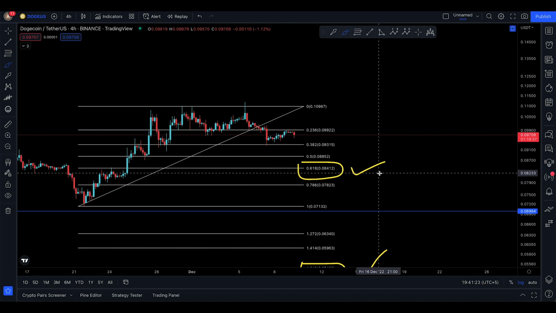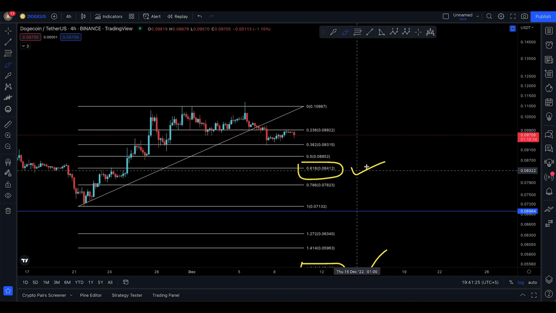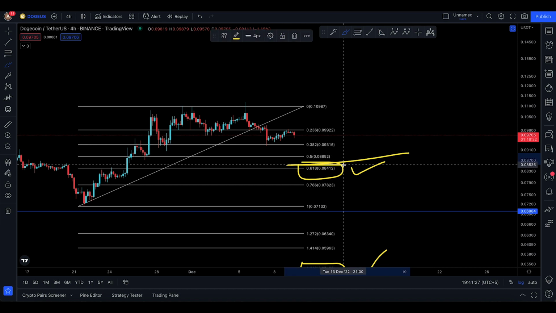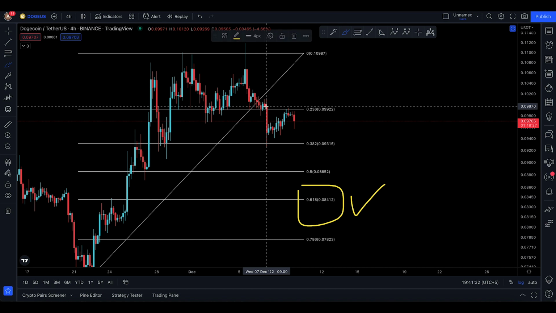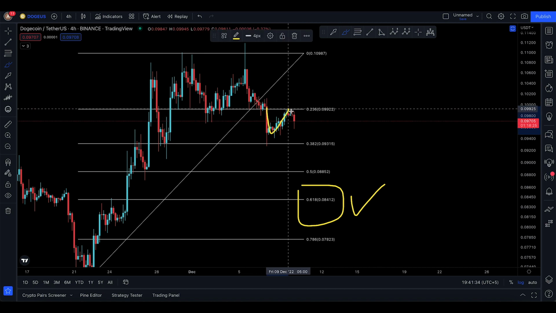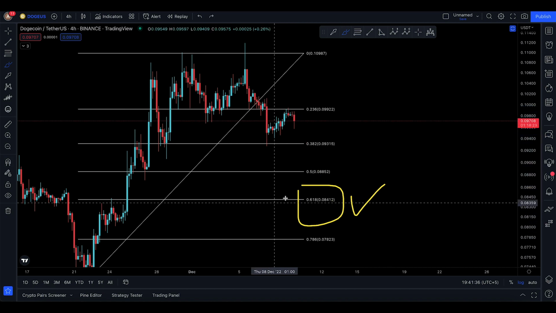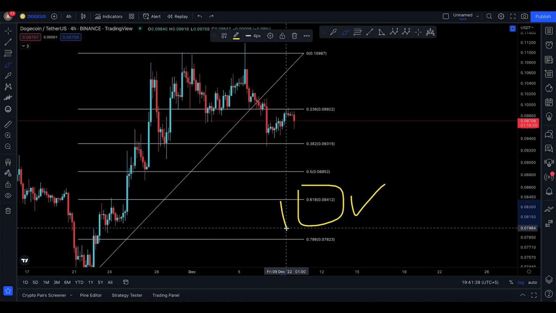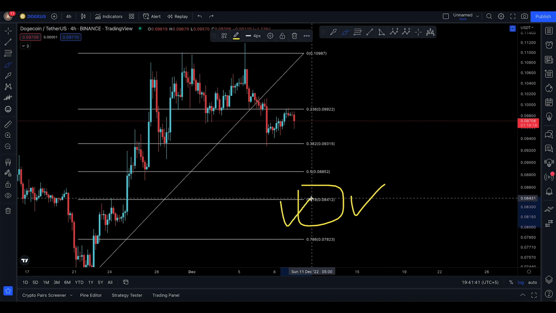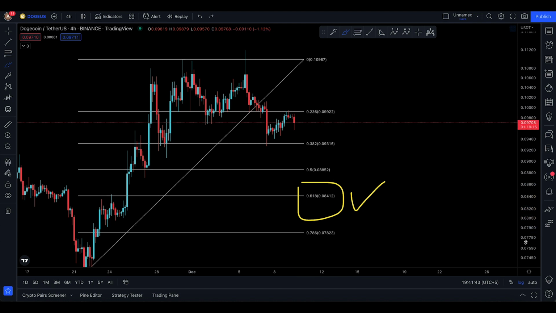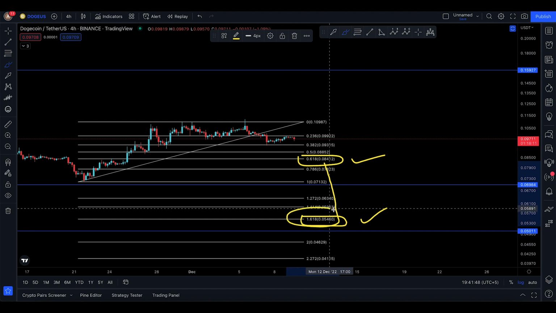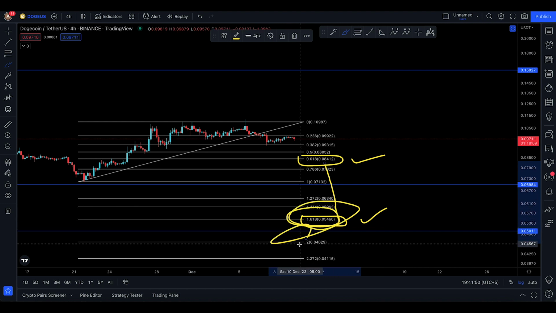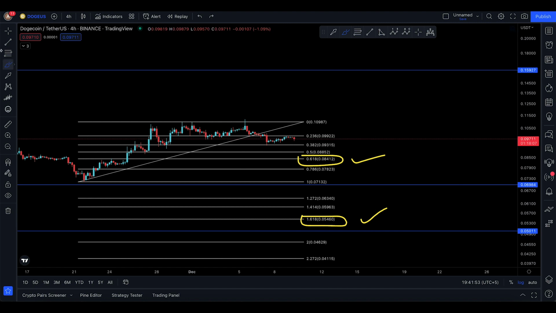Now the main thing that I want to talk about is if you can actually come down and lose the 0.618, crash this level, close below it just the way you're doing here, like lose the 0.236 and backtest and hit your head there and move lower. I want to see the very same scenario, and that is move down like this, backtest here, and then fail at the 0.618, create that reversal wave, and then you're looking for that move all the way to 0.05460, which has been my technical target, by the way, for quite a while now.